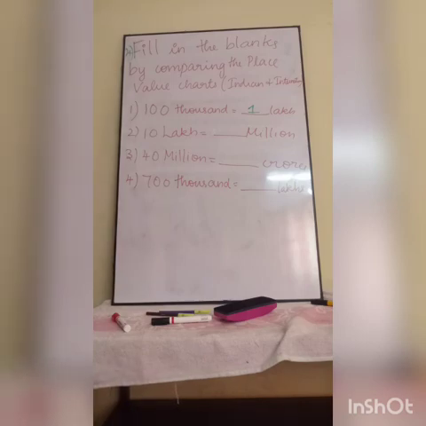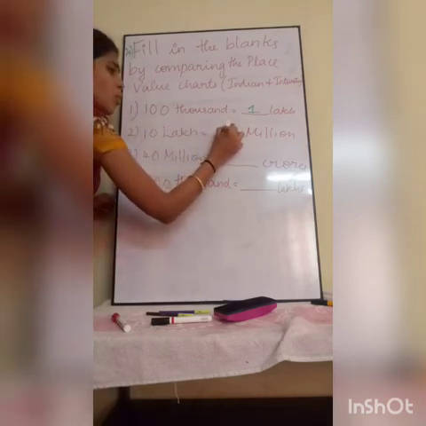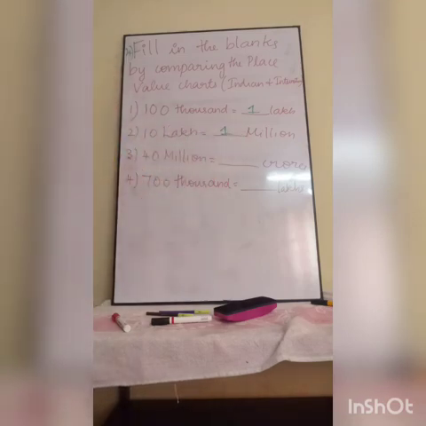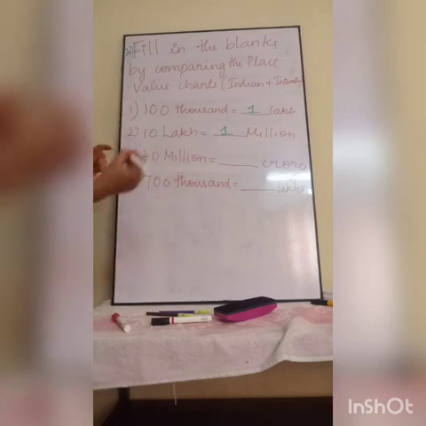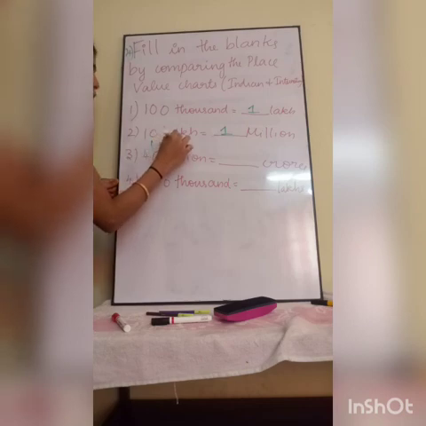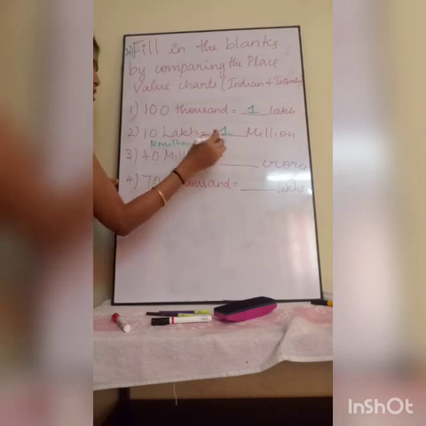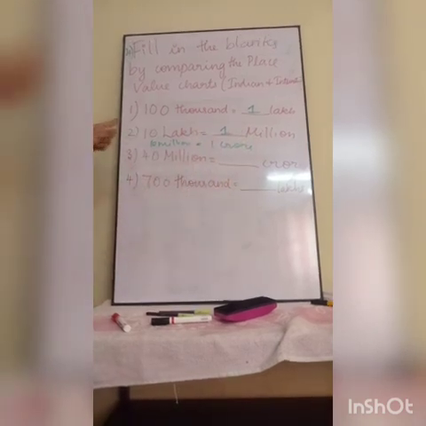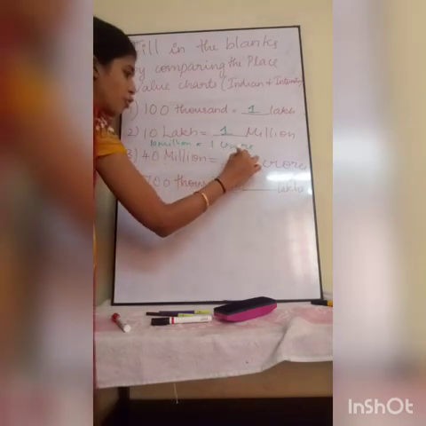It is a relation, and I told you already when I was teaching that it is very important for 1-mark questions. So 100,000 is 1 lakh. Then 10 lakh is 1 million. 10 lakh is how many million? 1 million. So if 40 million, how many crores? They have given already 10 million means 1 crore, on that page number 10. So if it is 40 million, it is 4 crore.